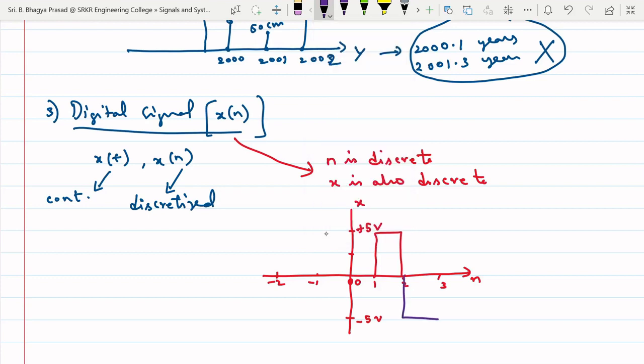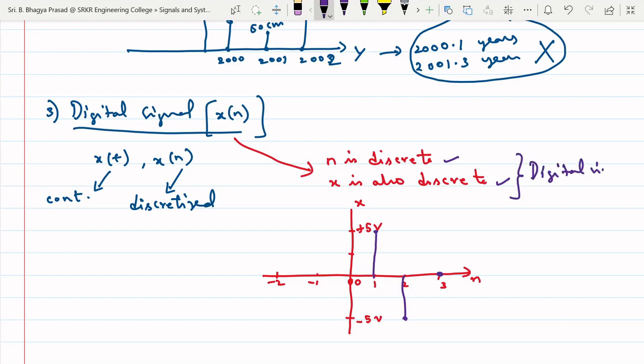Or a signal pulse like this, right? So you can take the signals as +5 to -5, and it can take a 0 value. So x is also discretized and n is also discretized. So if both are discretized, then such a signal is a